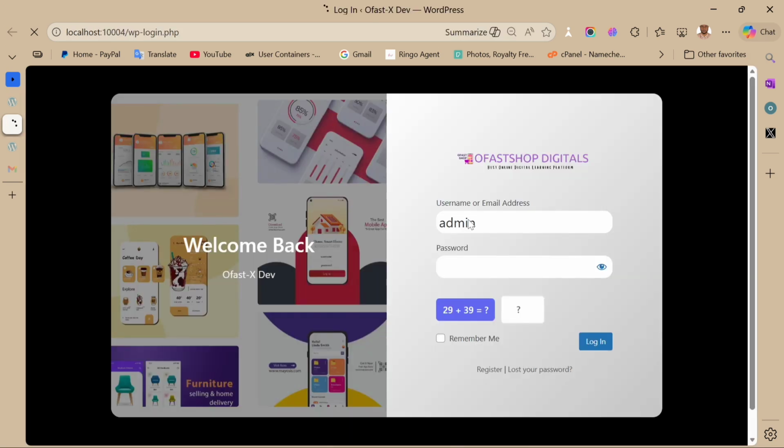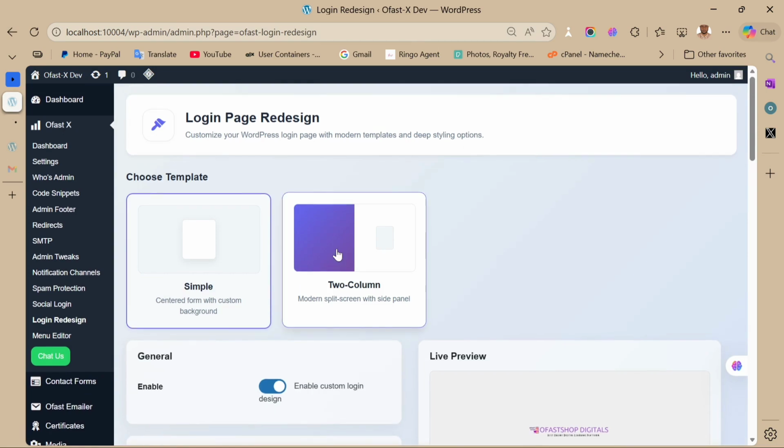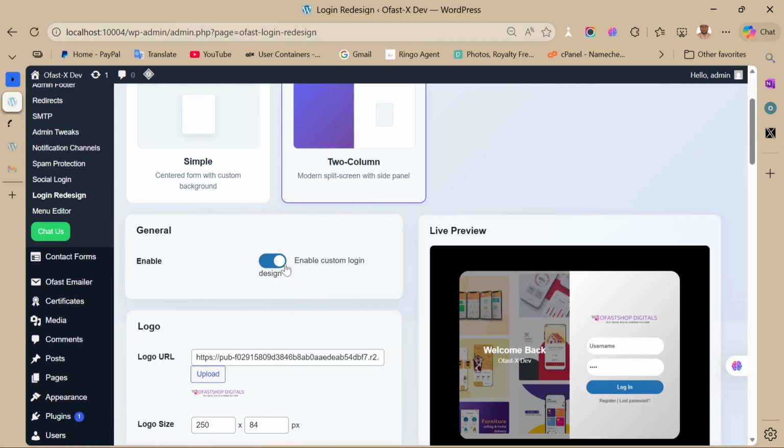We are still coming back to display. You can decide to make it full width, and you can decide to make it central. You can design this particular thing yourself. As we are doing it, you are going to see the preview here. If I say single column, you are going to see it here. If I say double column, you are going to see it here. And if you don't enable this particular button, it will not show at the